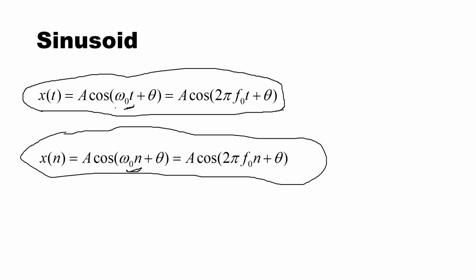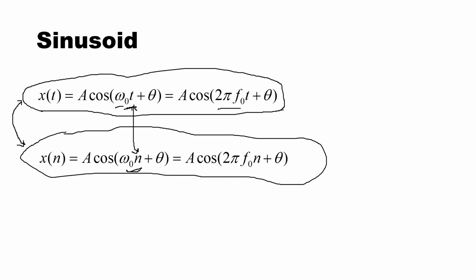Here we have written omega naught, and we know that omega is 2 pi f, so we have replaced it here with 2 pi f naught. Here we have used omega naught n. Here we have got omega naught t. So the only difference is n and t. But that difference is a very big and major difference, and that's why the properties of continuous time sinusoid and discrete time sinusoid are